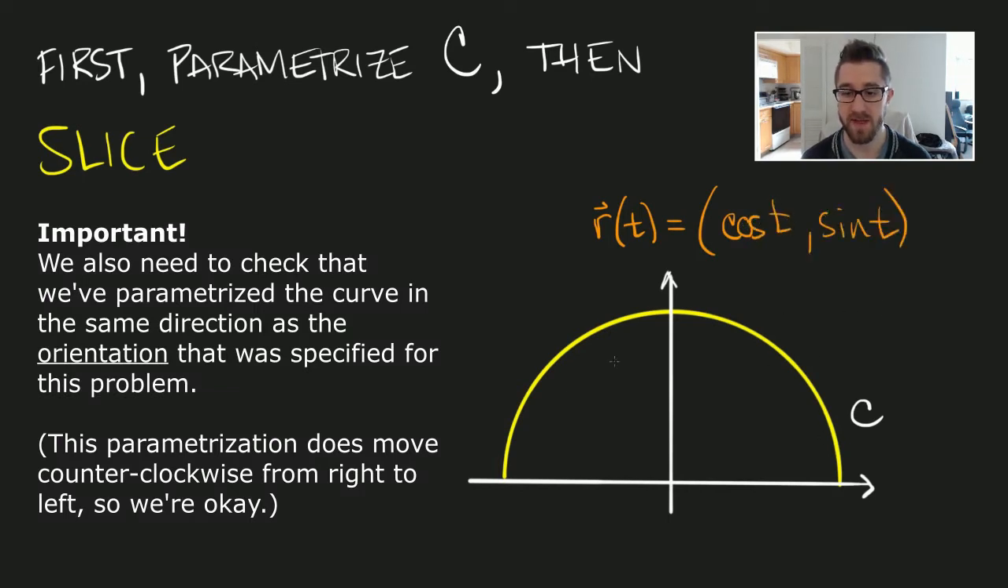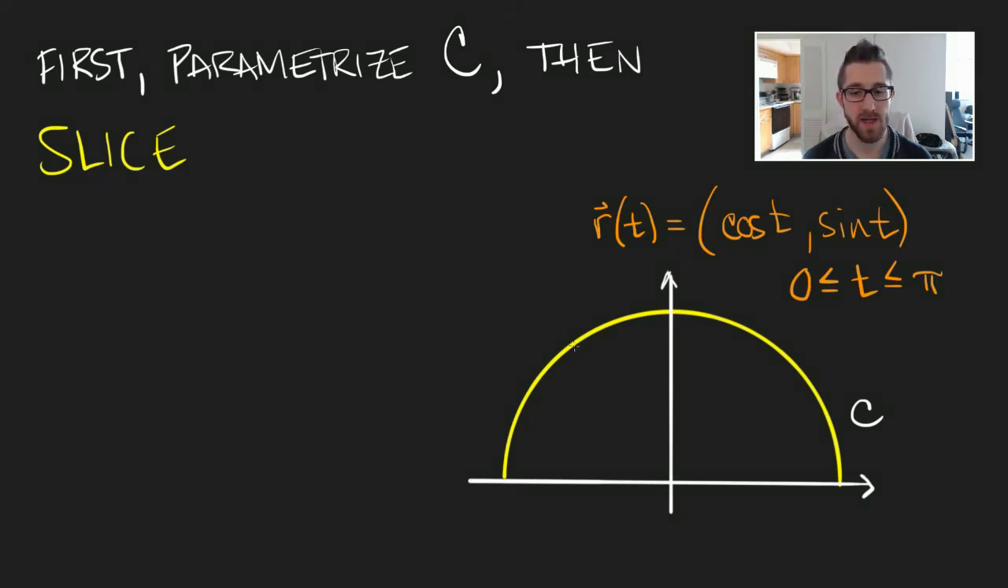And we only have the top half of the circle. So let's just note the parameterization domain is all t between 0 and pi. So what we're really going to do is we're not going to slice the curve, strictly speaking. We're going to actually slice the parameterization domain. So we're going to slice the interval from 0 to pi